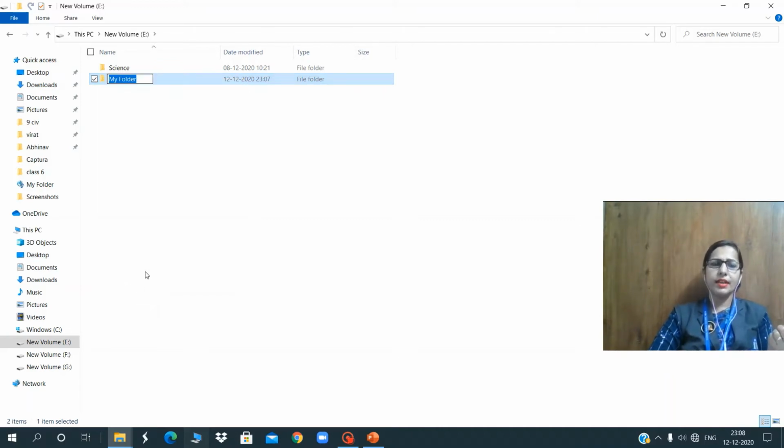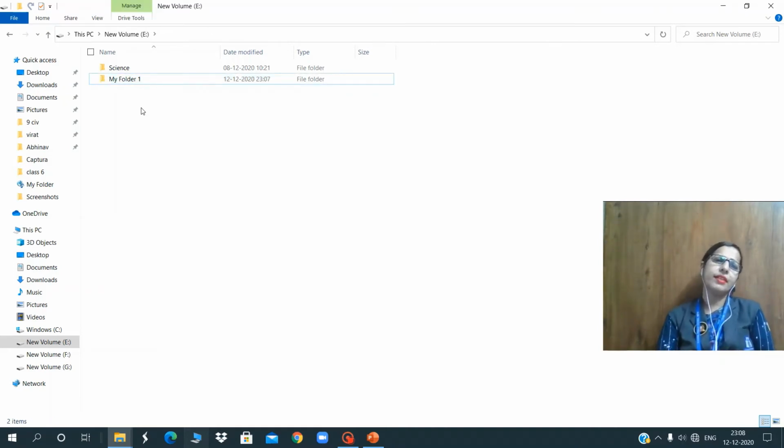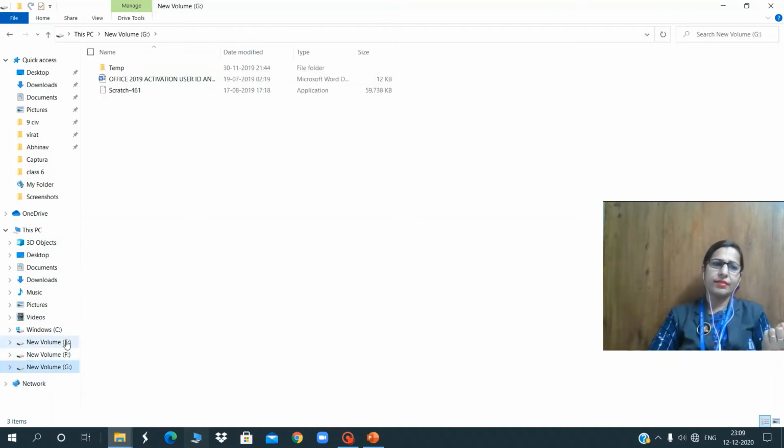Click over here. As you click here, it will be selected and you can change it from New Folder to New Folder 1. Like that you can rename it. So that is how we can create a folder. It's done. In E drive, like that you can create in F drive or G drive.